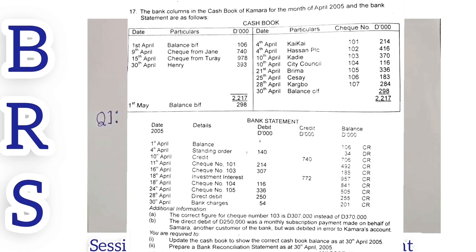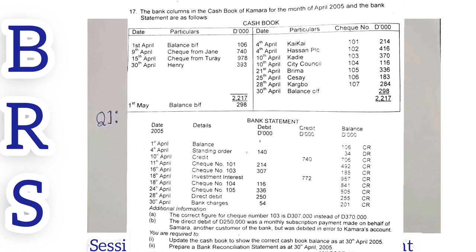Then the bank statement too, you have the date, the details. Then you have a column for the debit and a column for credit, and then the balance as well, with the currencies shown where appropriate. Then here is the additional information. The correct figure for additional information 1, that's A: the correct figure for check number 103 is 307,000 Dalasi instead of